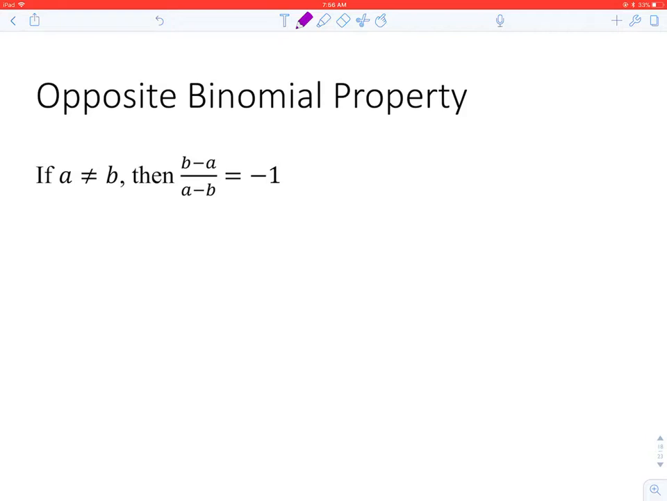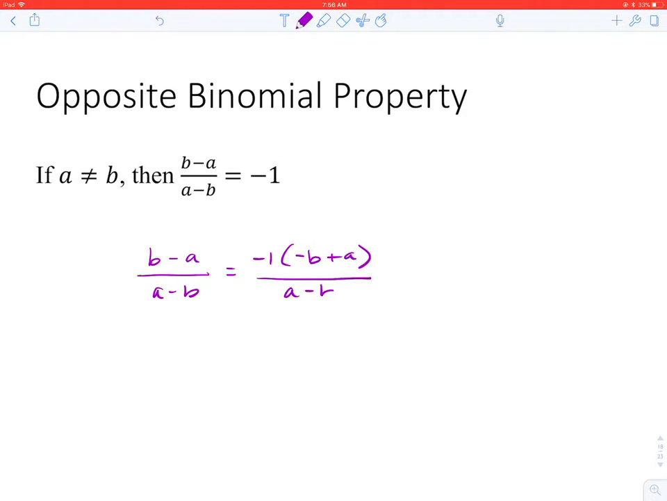Now, we have talked about recognizing opposite binomials before when we were factoring by grouping. So basically, if we have b minus a over a minus b, and you recognize that, that simplifies to being -1. And the reason that is, if I have b minus a over a minus b, it looks similar, but the numerator does not match the denominator. But if I were to factor a -1 out of the numerator, that would make the numerator negative b plus a,